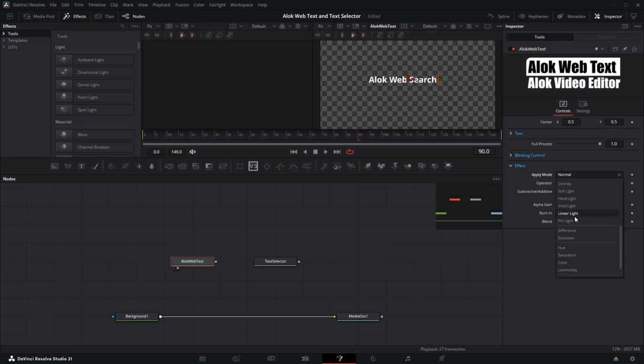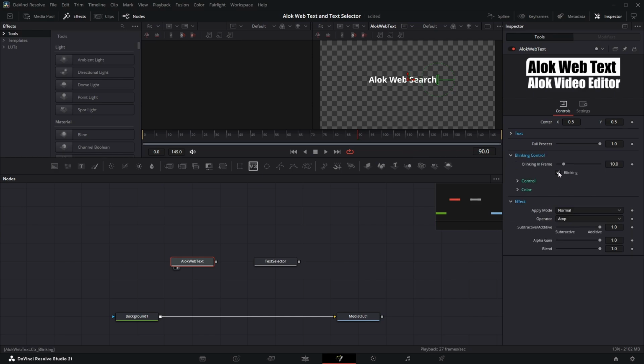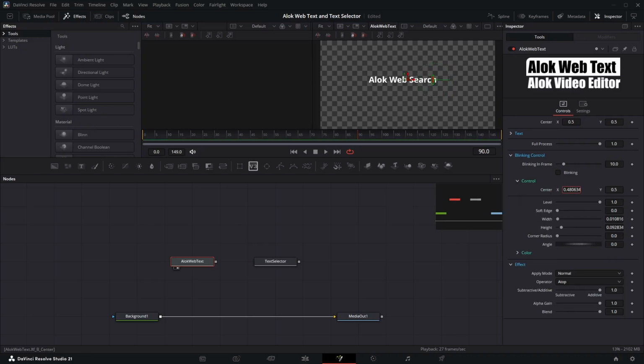You can change to anything, and I just want to change this over to a top. Then after, I just want to untick this blanking and control a little bit left, and I will increase this width and height also, and I will increase soft edge a little bit more, and I will move to right. Now you can see here